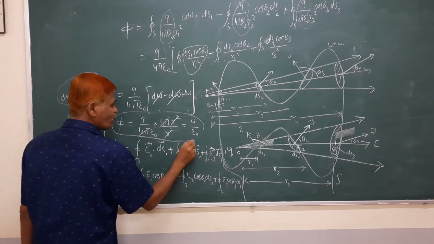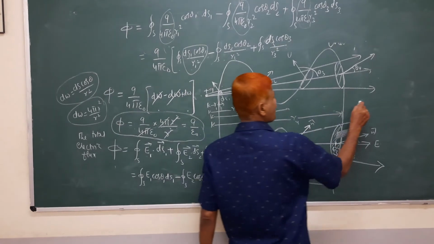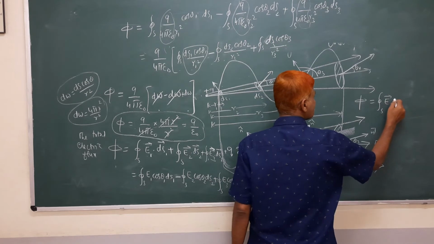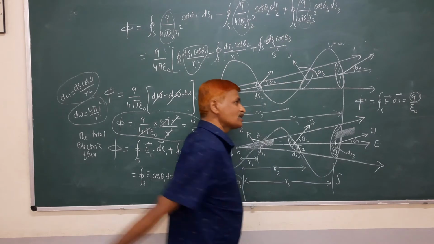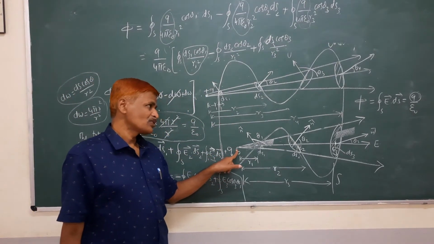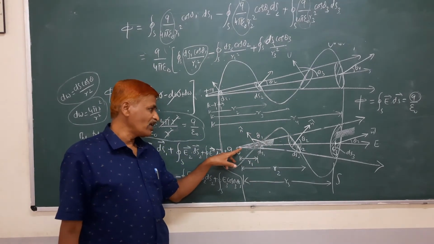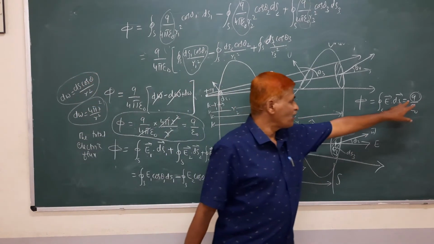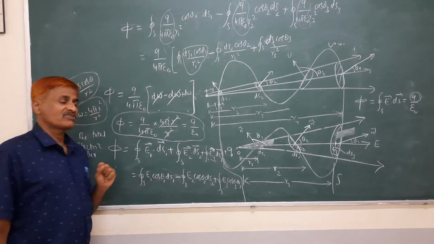This is the proof of Gauss law. What does Gauss law say? The total flux, the surface integral E dot ds, is nothing but q divided by epsilon, where q is the total charge enclosed. Here we have taken, for simplicity, only one charge. So we proved this in the case where the surface encloses the charge. It is true for a number of charges; I have taken only one charge for simplicity.